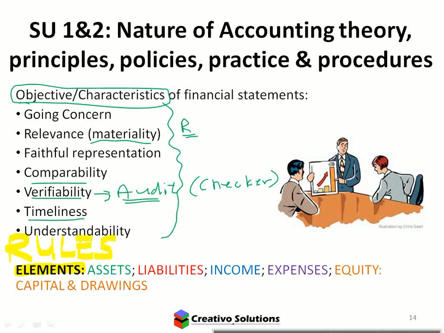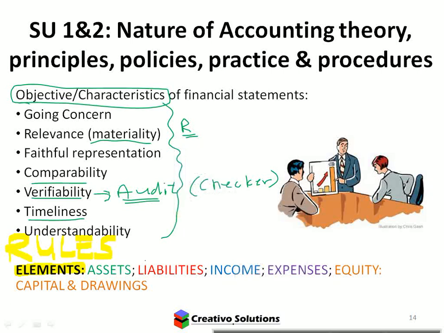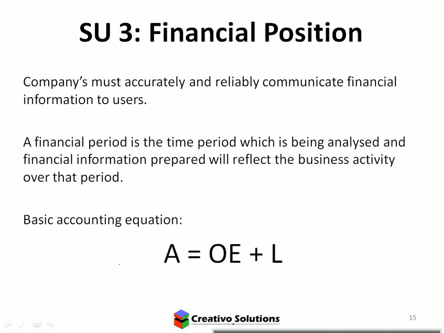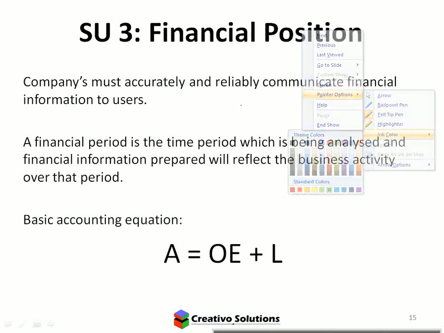So I've given you the accounts here in terms of their names. Assets, liabilities, income, expenses. And then equity is a special one, because it's grouped or broken up into two, capital and drawings. There are only 6 accounting rules. So when looking at financial position, we need to look at 2 of the 6. You'll see it gets split into the different categories.